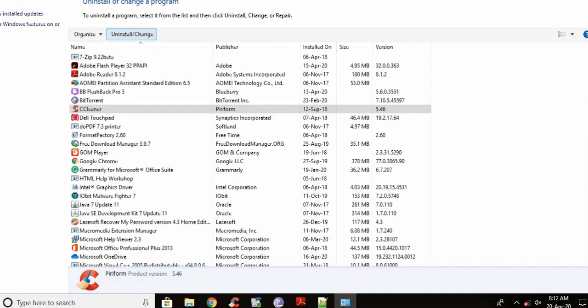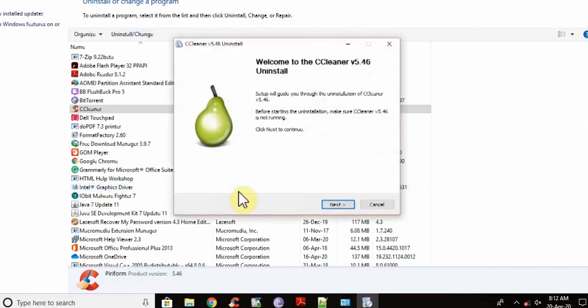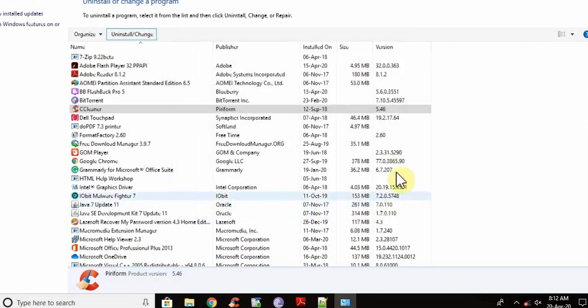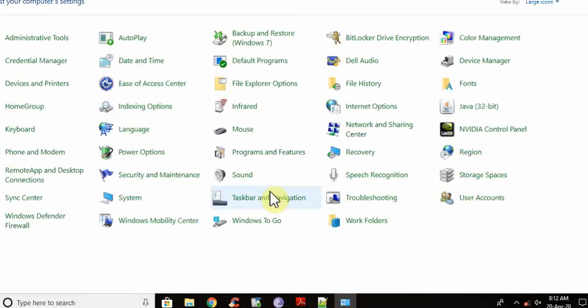If I am clicking yes, let me click yes. Check what is happening. This will uninstall the program if I click here next. So you have to click twice, next, and program will be removed from this computer. So let me cancel this because I do not want to uninstall the program.